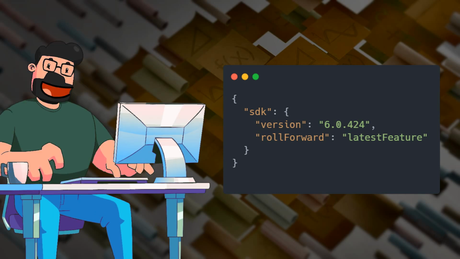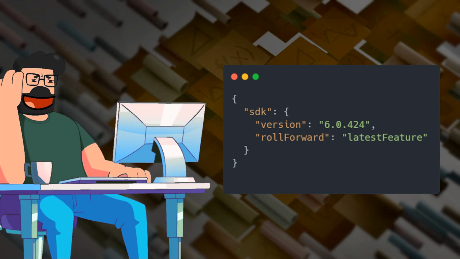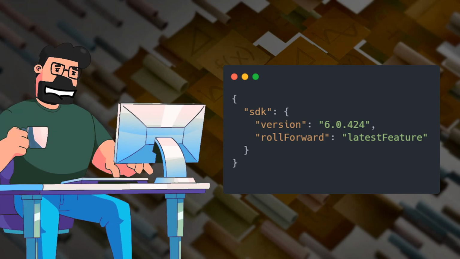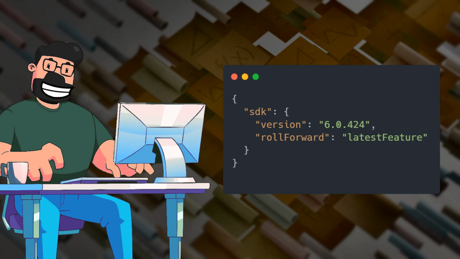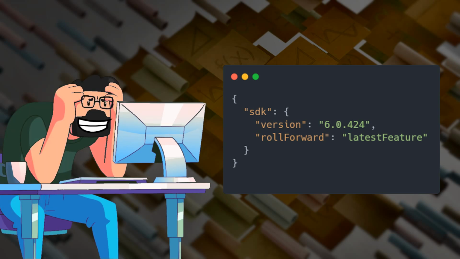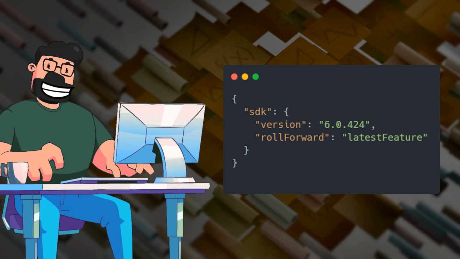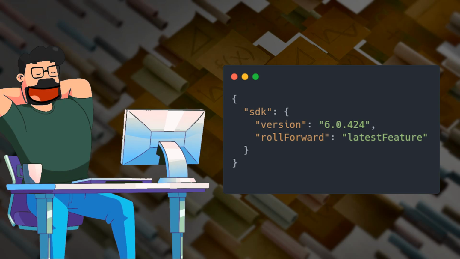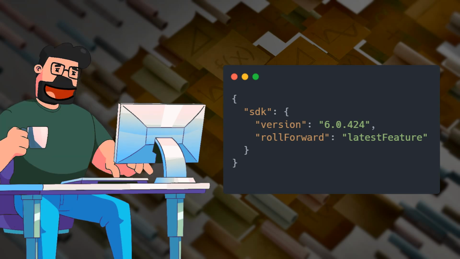The key lies in creating a global.json file at the root of your project. By defining the target .NET version within this file, such as 6.0.424, you can instruct the Azure Web App Service to utilize this specific version during the build and deployment process. This simple yet effective workaround ensures that your project aligns with the correct .NET version, bypassing the issue with the